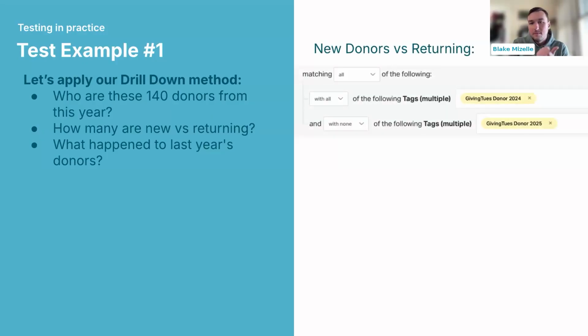Some of this stuff is actually pretty easy to pull out directly within NationBuilder. So for the new versus returning, I've set up an example filter of how I would do this. If you've got your campaigns tagged by year, you can just do the campaign tag and set it up in a mutually exclusive filter, like I have here, where you're seeing that I'm pulling the signups directly in the people section of NationBuilder, for everyone that was involved in the 2024 campaign but wasn't involved in the 25 campaign. And you could do this for as many years as you want and pull those individual counts out, those slices.